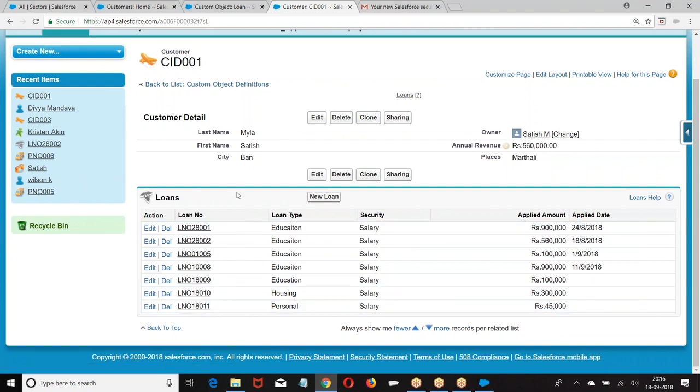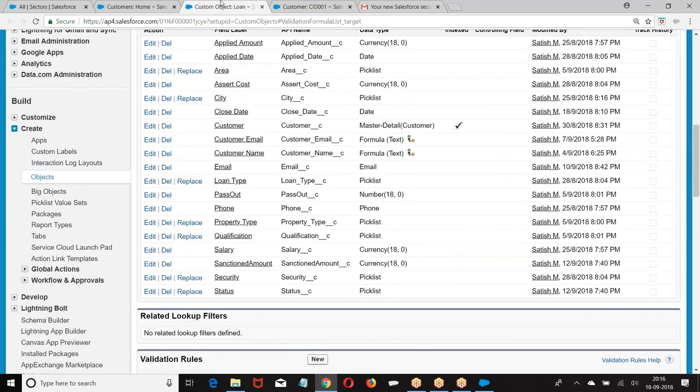One. Right. Satish, I have a question. Yes. If we are inserting a large number of records, like millions of records, how can we know the ID for each record? If there is a large data, then what you are supposed to do? You have to use an Excel sheet. VLOOKUP functionality will be there in Excel sheet. First, download one Excel sheet with the customer name and customer ID. Download another Excel sheet. In the other Excel sheet of your loan, enter the customer name. You know customer name. Customer ID you will not be knowing, but customer name you have. Now, based on this customer, get the customer ID from another Excel sheet.